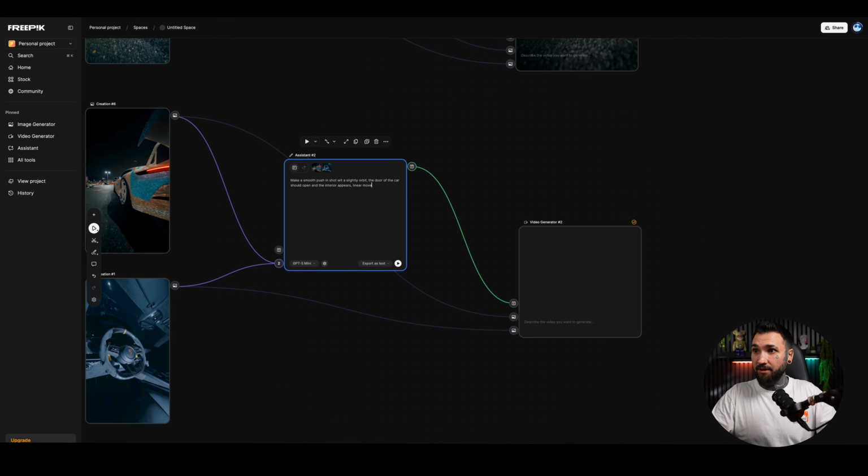Linear movement. I think I forgot to say that in the first frame, but doesn't matter, the outcome is perfect. But always say, if you want to speed ramp it, linear movement. No wobble, no handheld shake, no camera shake. The car is static, only the door is allowed to move. Then we hit here on